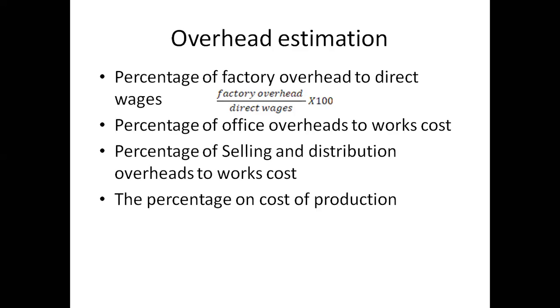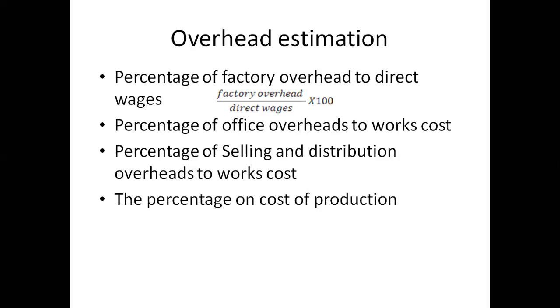For the tender calculation, you have to remember certain overhead estimations. How do you estimate overhead cost? The prime cost you can understand directly: how much raw material is required, how much labor you are going to engage, and how much expenditure may be incurred. Up to prime cost, you can estimate on the basis of your direct expenditure.